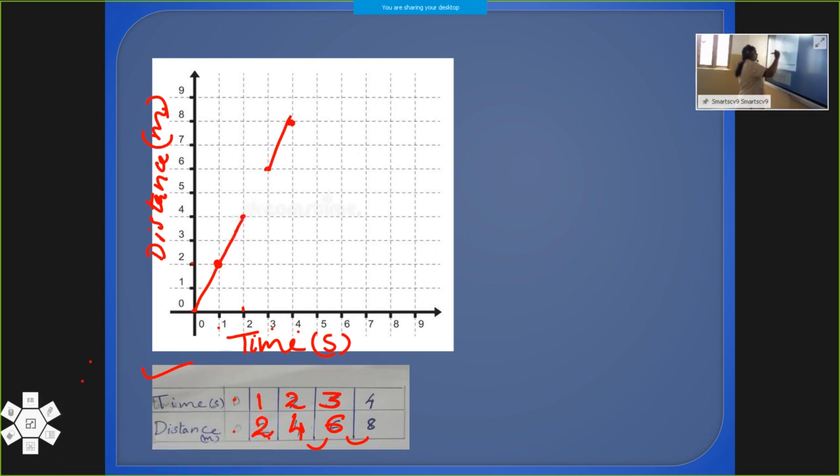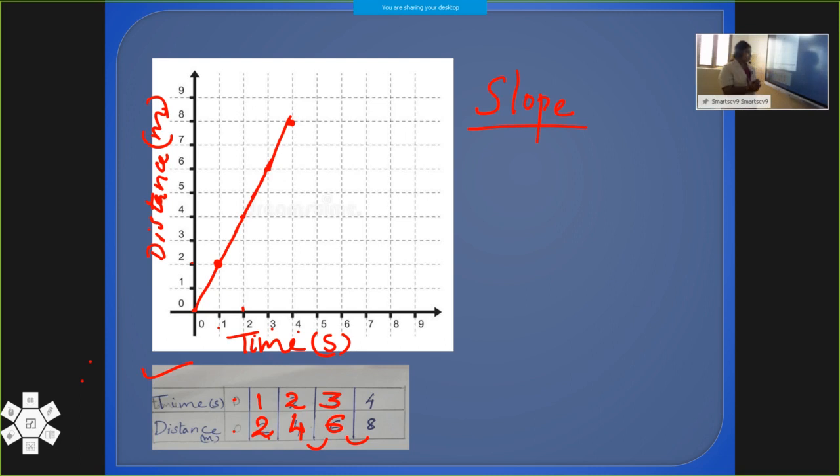So here we have the point and a straight line we will get. So the graph for uniform motion is again a straight line. But what is the speciality? Is it parallel to any axis? No. It is not parallel to the time axis or distance axis. It is a straight line having an inclination. That is, it has a slope. So for uniform motion, the shape of the distance time graph is a straight line with a slope.